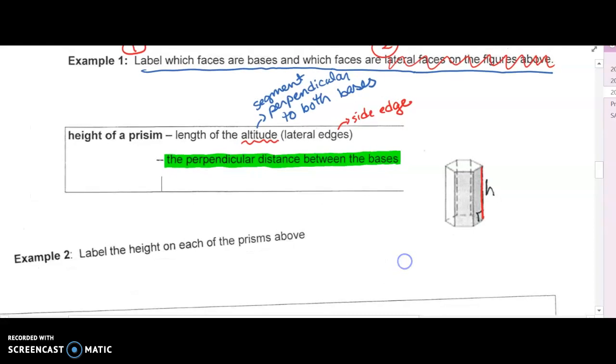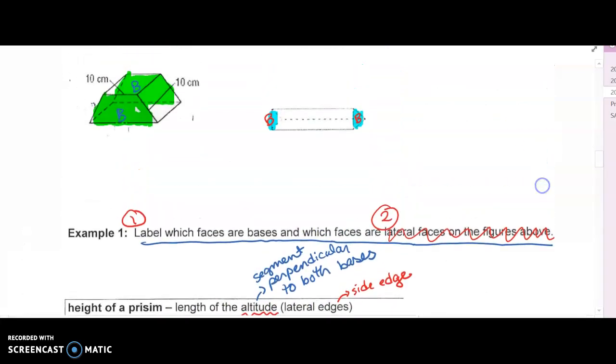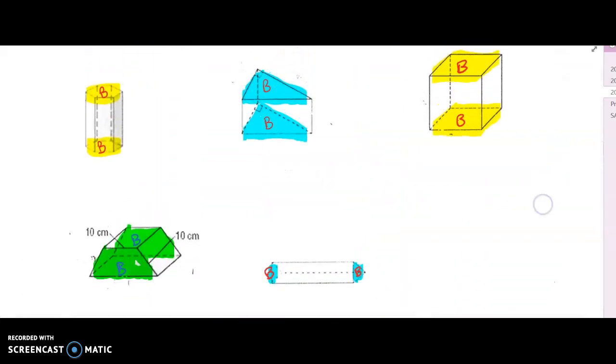So in example 2, it says label the height on each prism above. So we're just going to go back up to these shapes up here and label the height. So the distance between the bases, you could label it here as that lateral edge, that side edge. It doesn't matter. You could label it here as the height. You pick. Any of those side edges will work. It could be this one, or that one in the back, or this other one in the back, or this one right here. Any of those will work. Okay, so go ahead and pause the video again. You try these 4. Try and label what you think is the height of the shape, and then we'll come